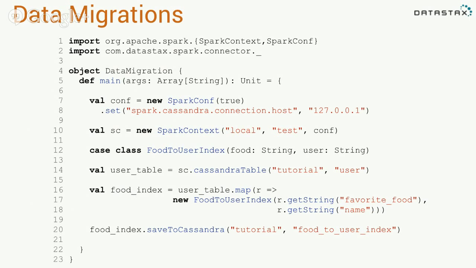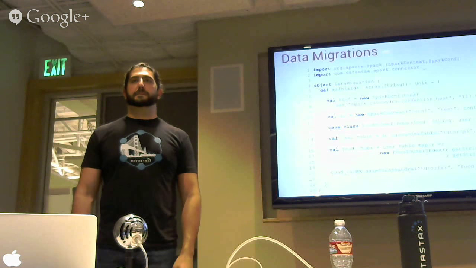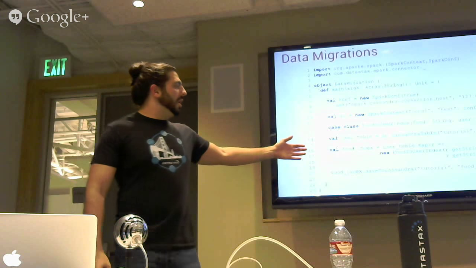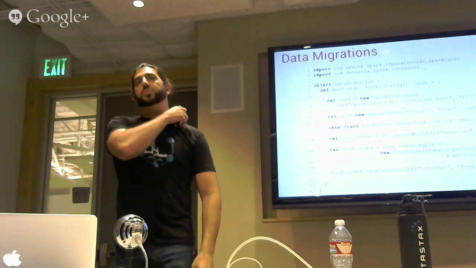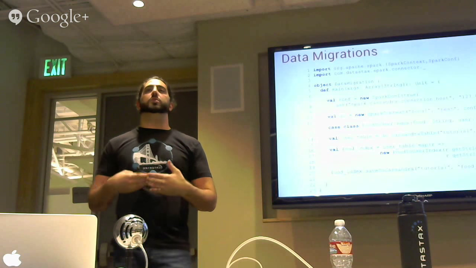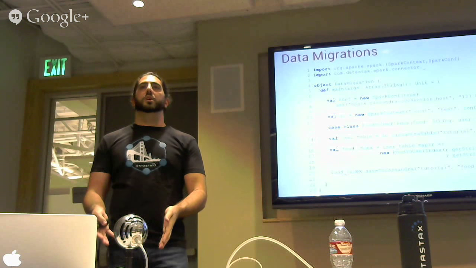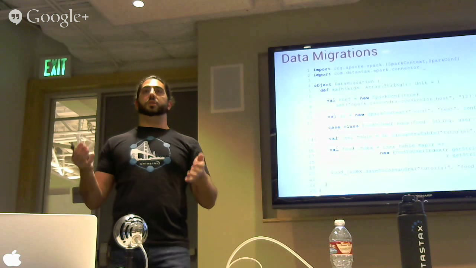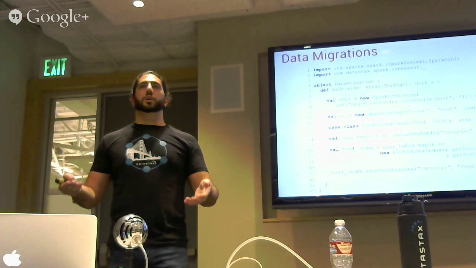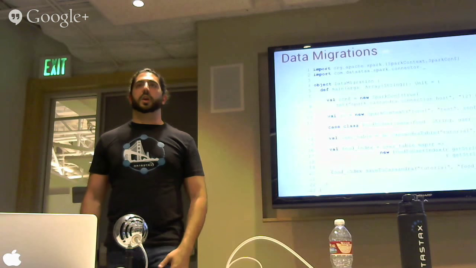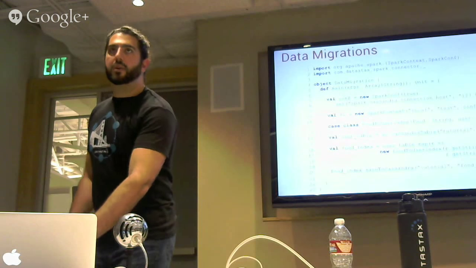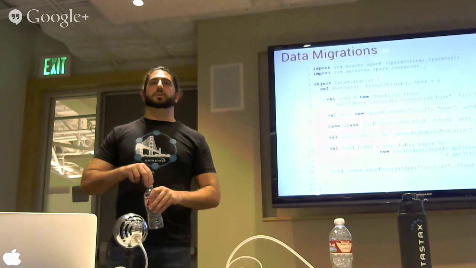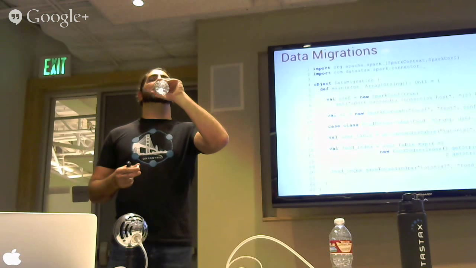Yes? I'm sorry if I missed something, but I'm still trying to understand how it is in memory. The data is still in Cassandra. The question is, how is it in memory? So when you do a Spark job, Spark is going to query Cassandra and pull all of its local data that it requires into its memory and work with it in the JVM. Okay, so for Cassandra, my data is still on the disk. Yes. So when a Spark job accesses my data, it brings it into memory.